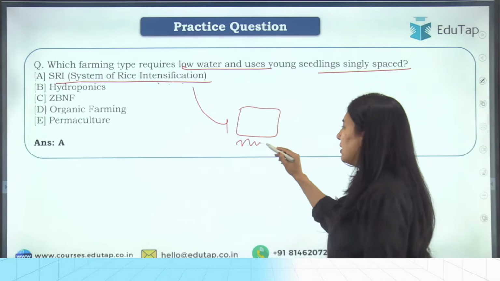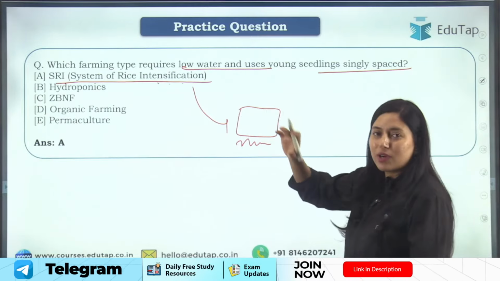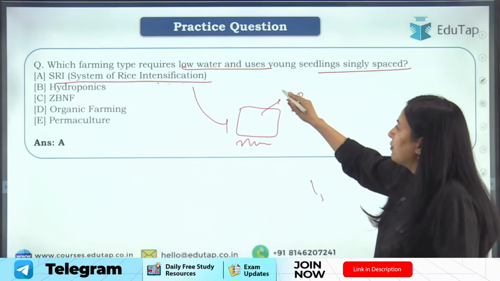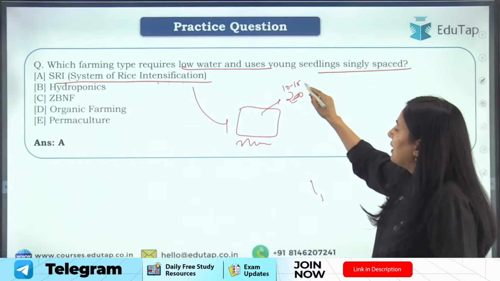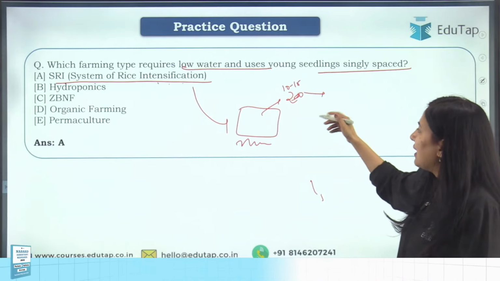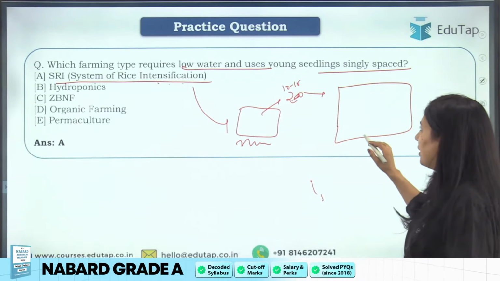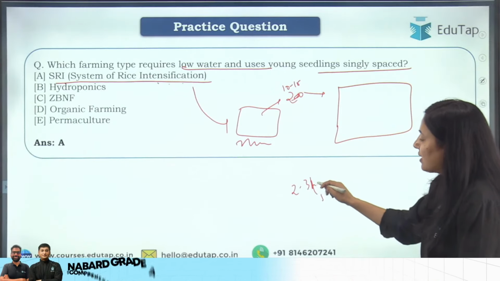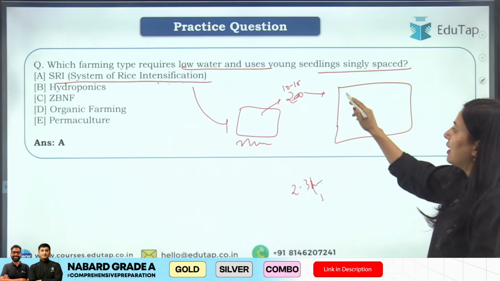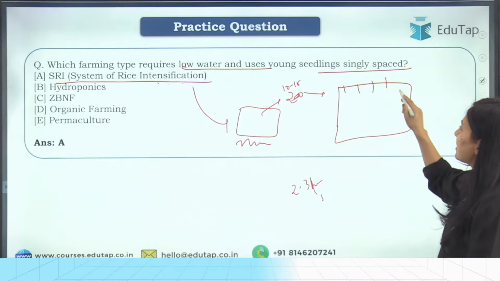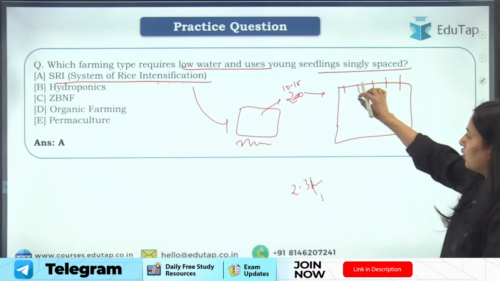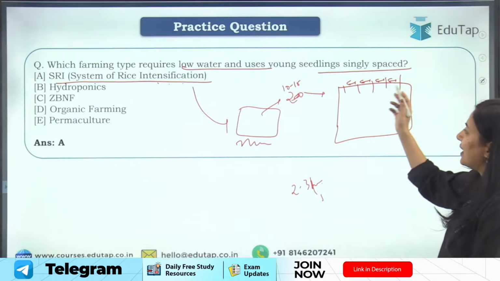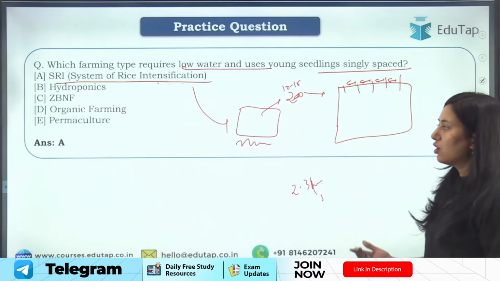The nursery is grown. Okay, the nursery is produced like in transplanting, we go for growing a nursery. After 10 to 15 days, they approve the seedling, and they transplant it into the main field. When transplanting is done, usually 2 to 3 plants are placed at a place. But in case of SRI, only one plant is placed at a particular point, and the spacing is kept wide as compared to the conventional method of transplanting.